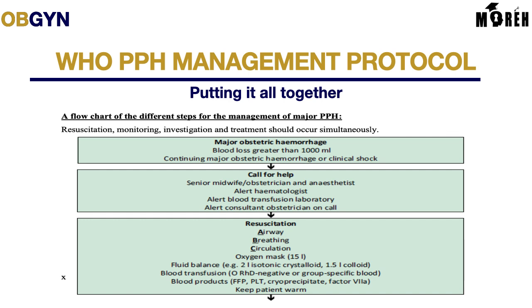Okay, and this should occur simultaneously, and that is why it's important to have a team. So we're not doing this step by step, but these things should be happening at the same time because we are functioning as a team. So if there's major obstetric hemorrhage, we're saying there's a blood loss of greater than 1,000 mils,